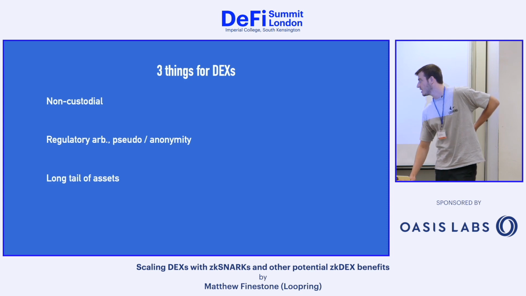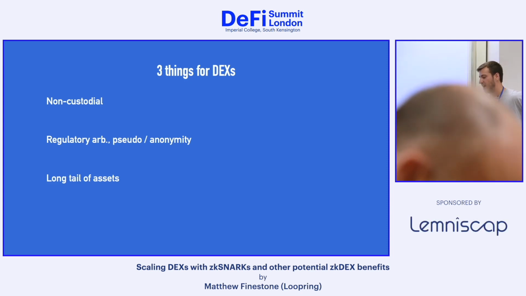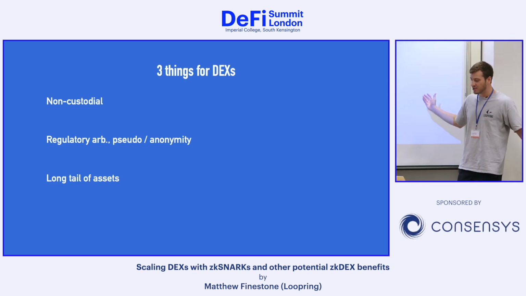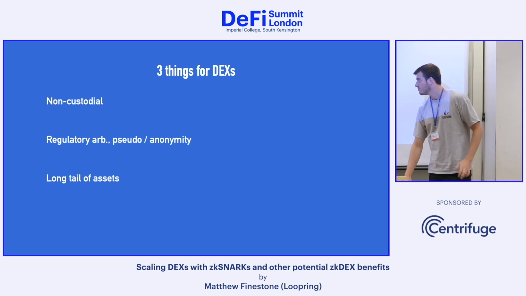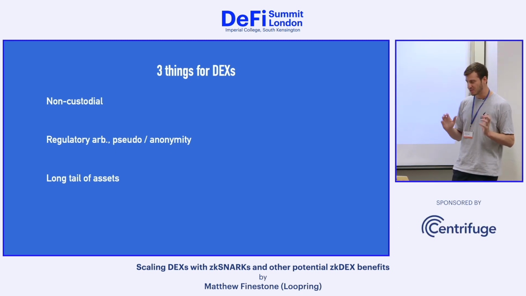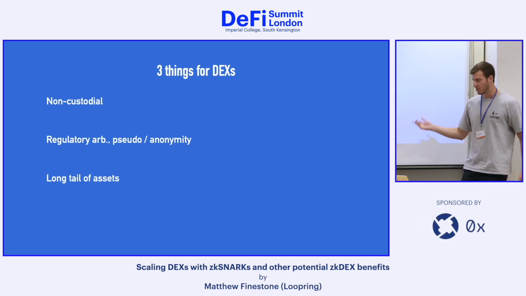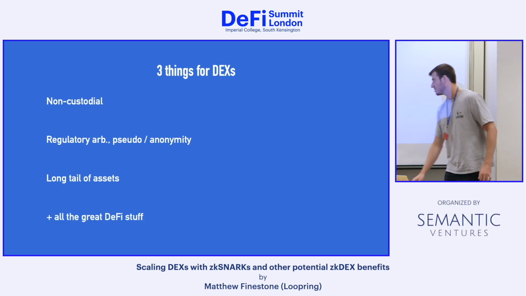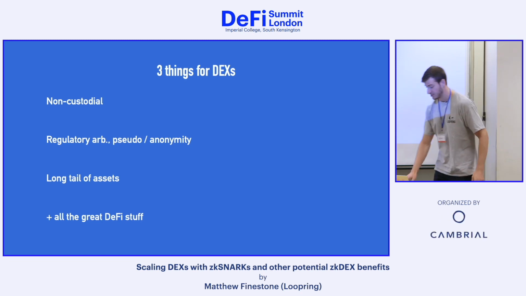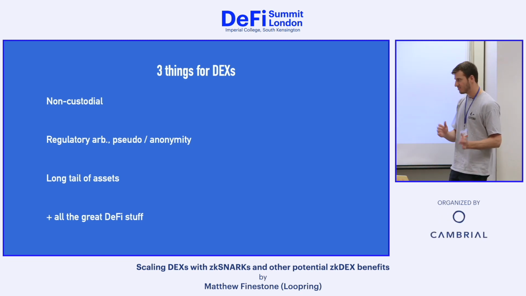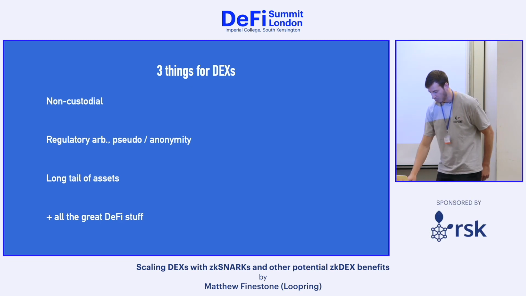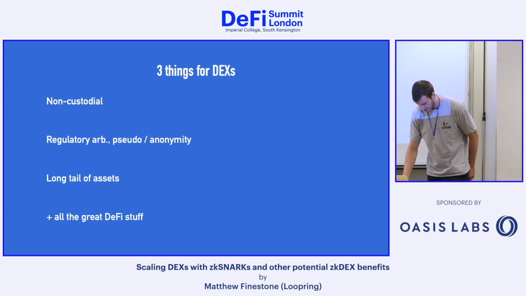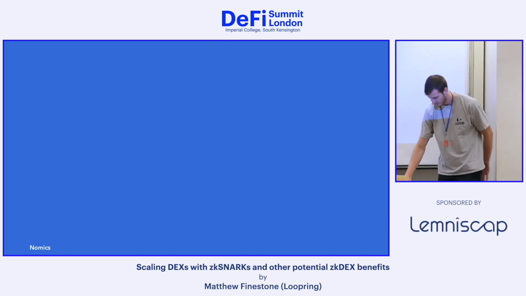And the final one that he mentions is the long tail of assets, having infrastructure that will allow, in the tokenized world that we all believe in the future, all these assets to have a home that is much more accessible than paying a $1 million listing fee, etc. And of course, something that's missing is all the great DeFi stuff that needs DEXs as a primitive, which thus far has been the on-chain models, but order book models could also be used for DeFi purposes and the contract fillable liquidity and stuff.